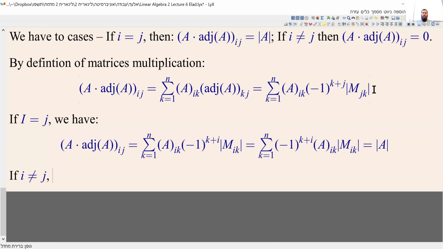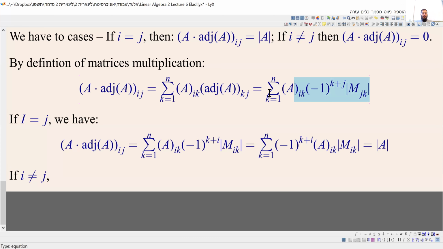So if i is not j, intuitively, what does this formula give us? It gives us the determinant of A, but instead of using the j row, we use the i row. Intuitively, it is a determinant of a matrix which has two same rows. The i row and the j row are the same. And a matrix with two same rows is not invertible and has a determinant 0. Now, formally speaking,